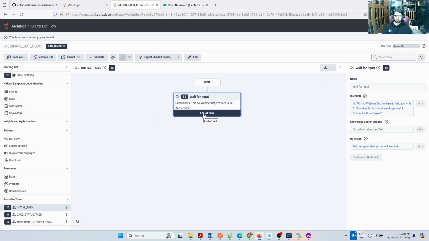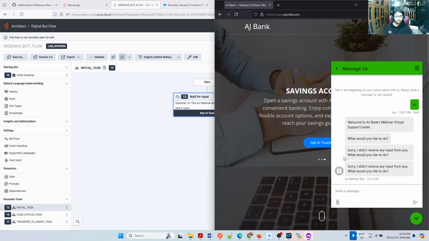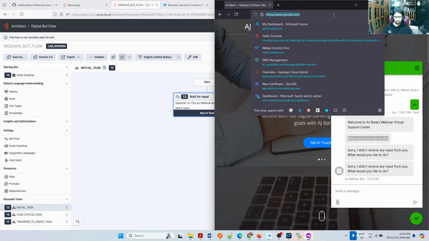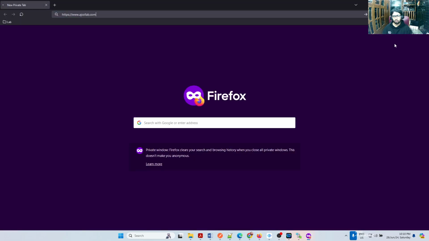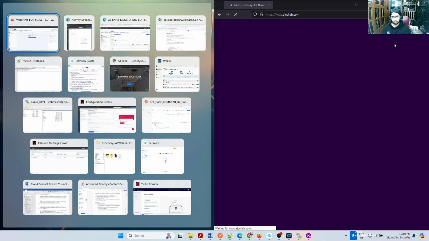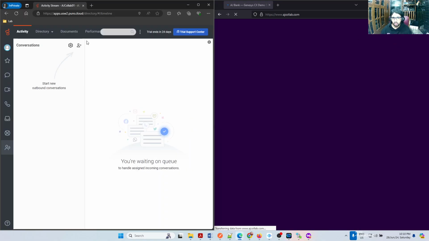So all I'm doing is reaching till here, but my bot is still saying, what would I like to do? This is not what I was looking for. Let me just refresh and open once again. But the logic is working, even if you type agent, it transfers, only that message is not properly appearing on the chat. Let's quickly try that. Once that is done, we are confident on developing the additional part.